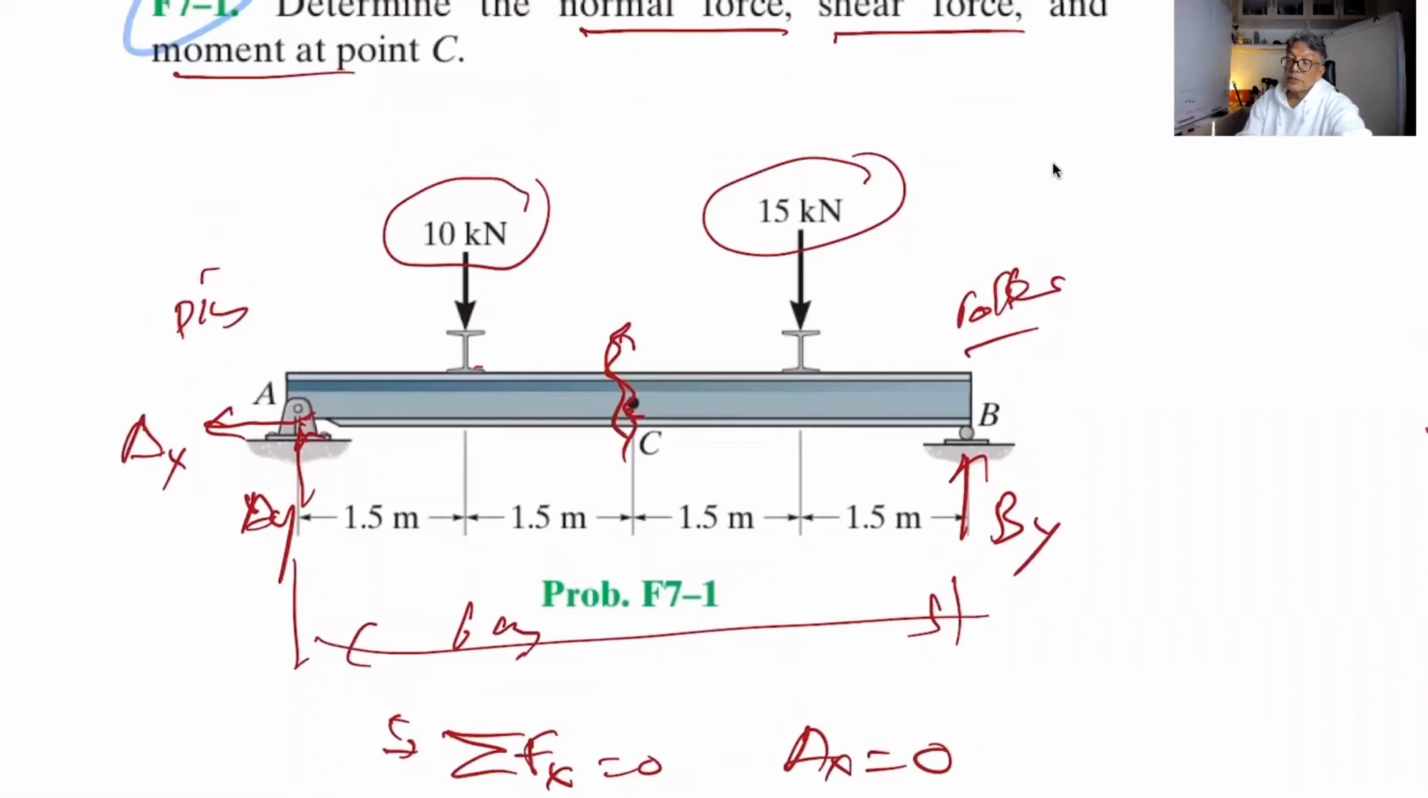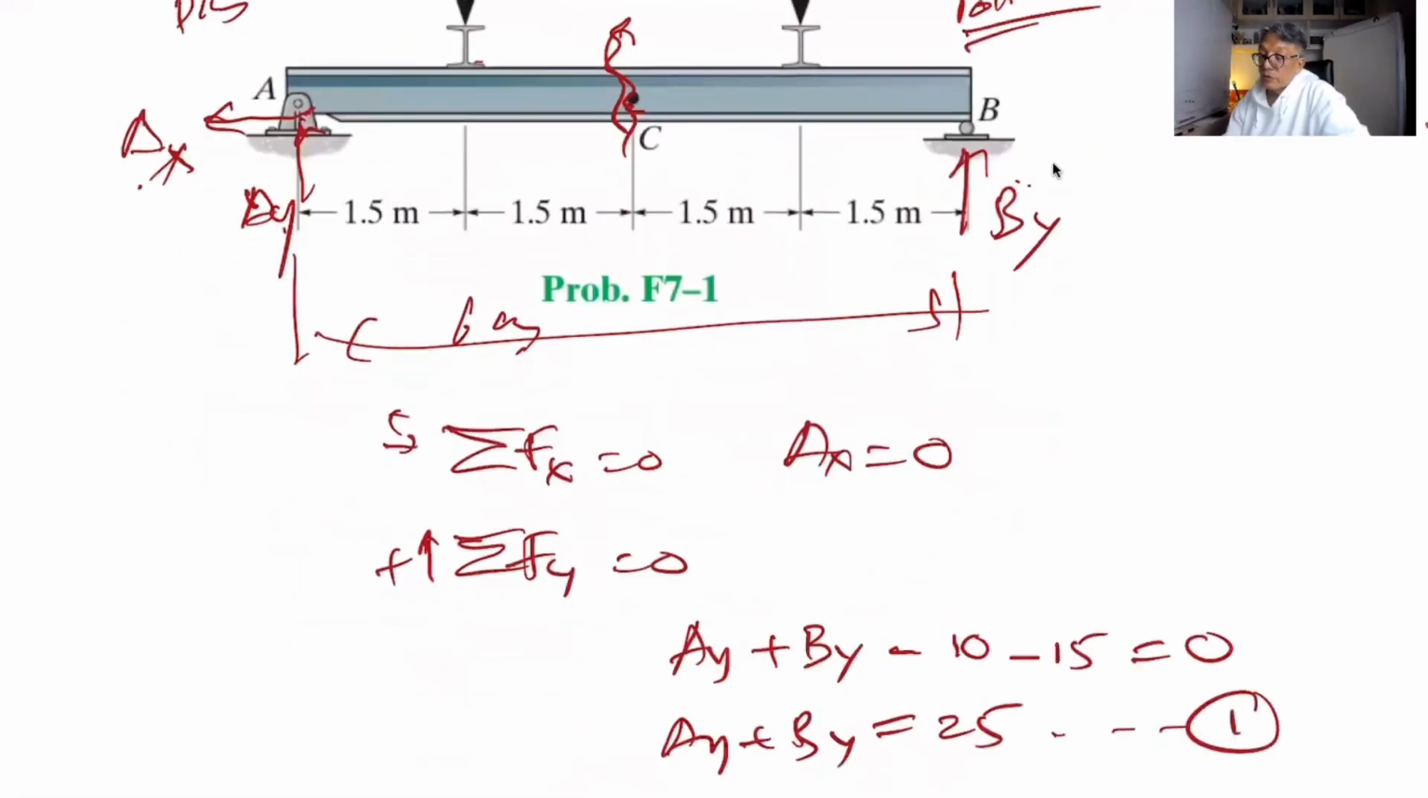Because A is a pin support, we have AY and AX. No moment here because it is not a fixed support. And this one is a roller, so only BY. This is the length of the beam. And the external concentrated loadings are 10 kilonewton and 15 kilonewton. So all we have to do now is